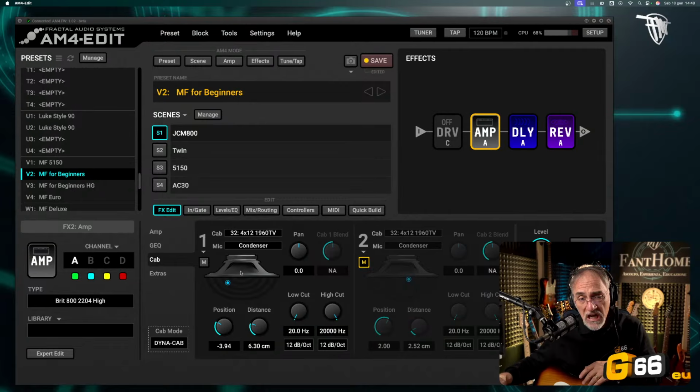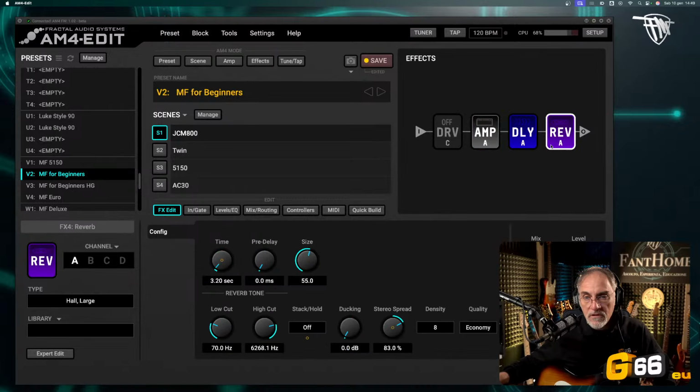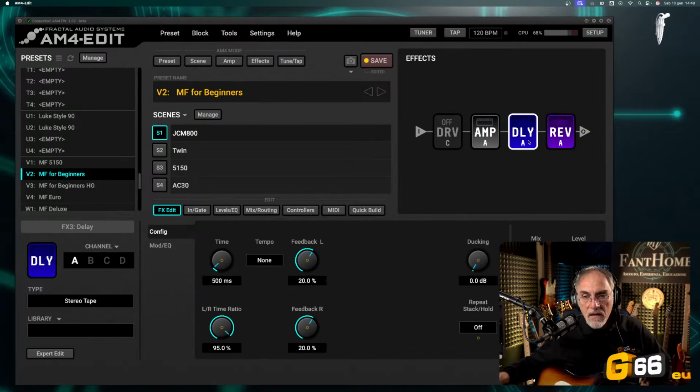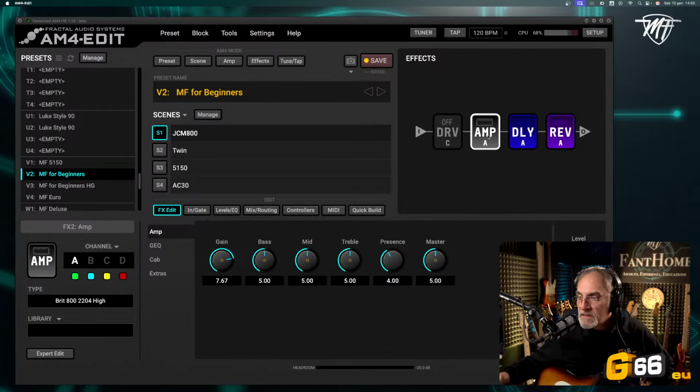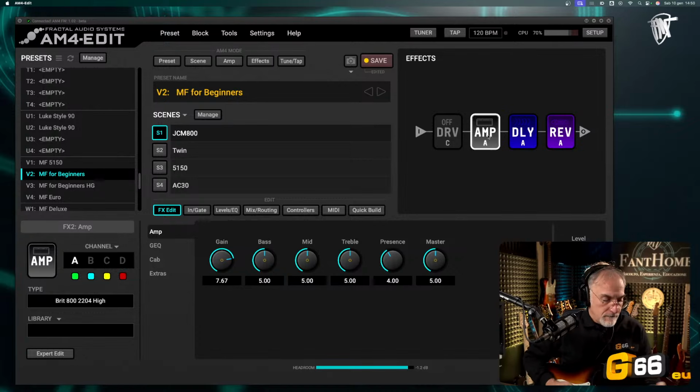What I changed is only the condenser microphone, maybe its position, but basically it is the same. I corrected the gain, nothing else. I put the reverb, the standard one, and the delay. I love the stereo tape delay. That's it. And this is the sound.